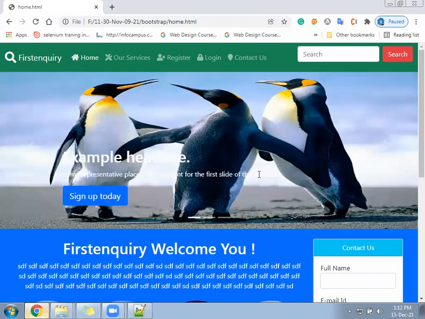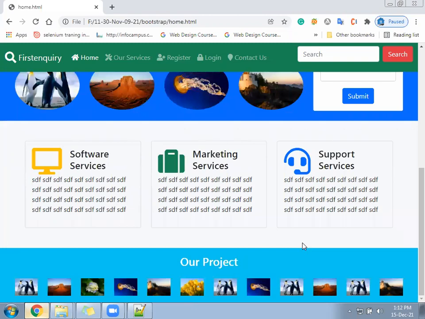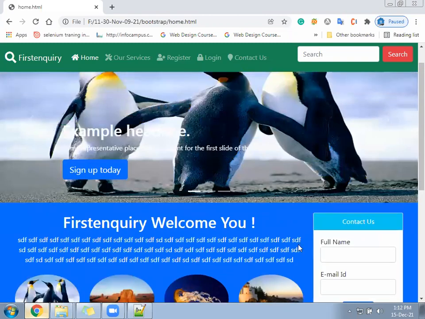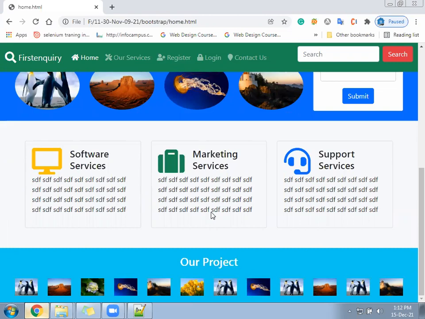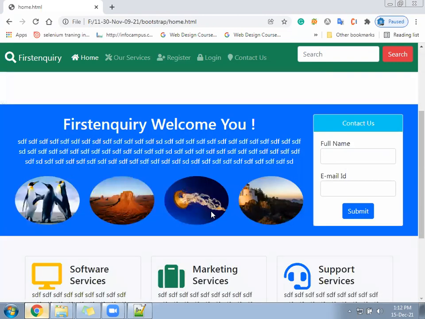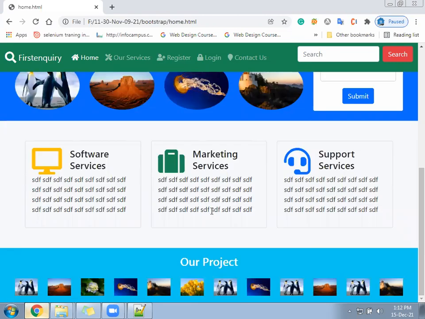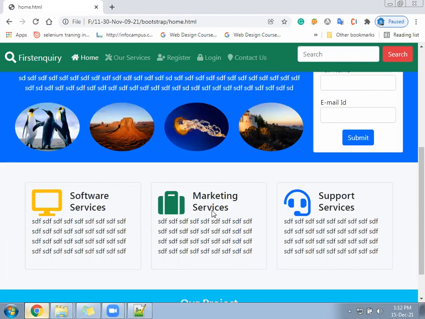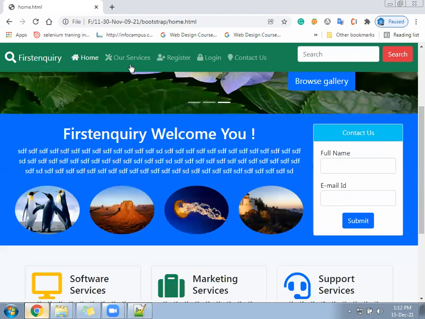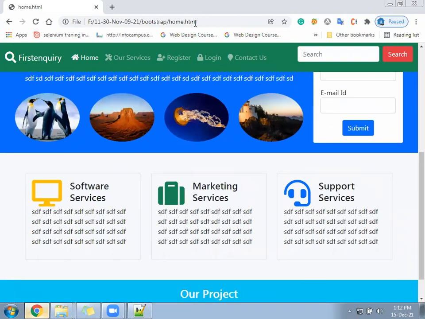Okay, so no problem. This is also okay. So we can leave it here. Again, tomorrow we can sit and we'll complete this template. We'll add the footer. In the footer, we'll add the social media icons. Then we'll go to the service file, register, login, and contact. Now hold on, I'll share some photos with you.